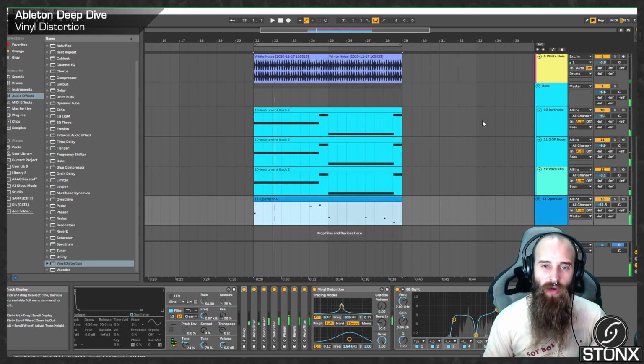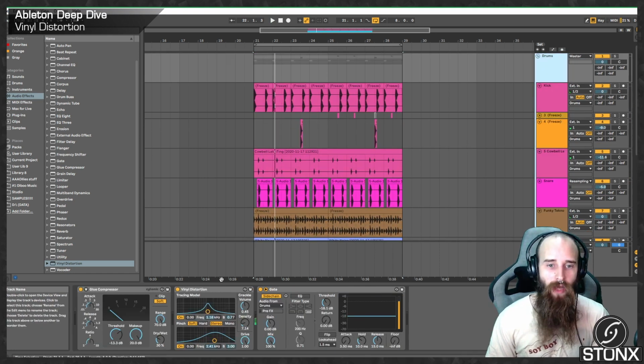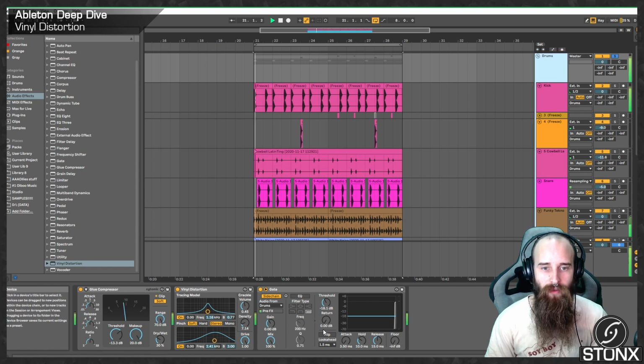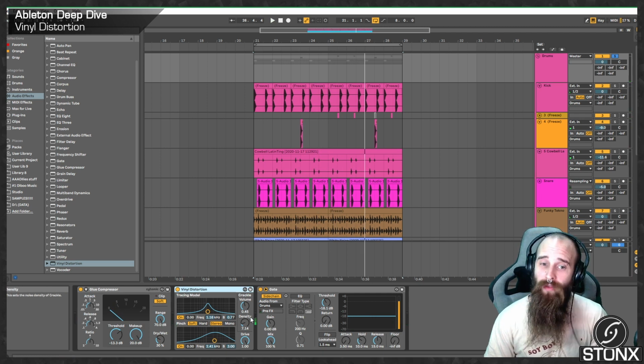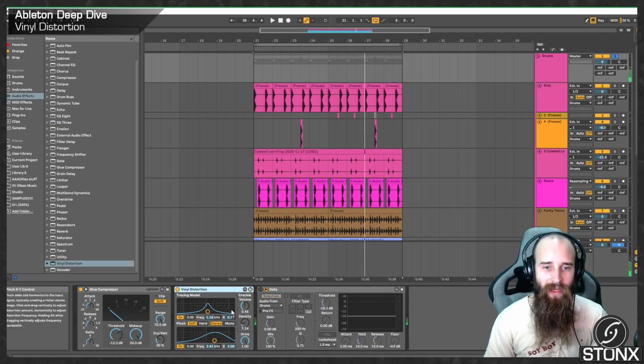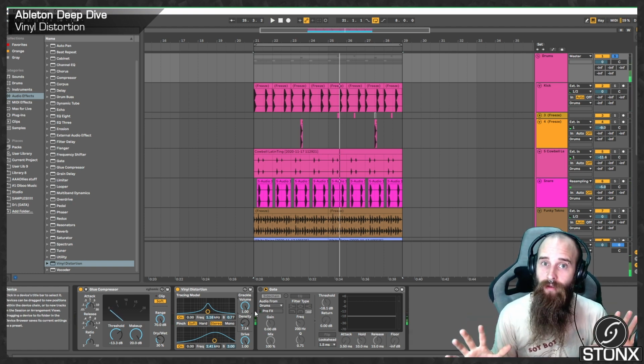So nice crunchy drums, some nice distorted bass as always. Let's jump in and see what we're doing. So up at the top here, let me solo the drums. So what I'm doing here is I have the vinyl distortion with the crackle turned up slightly. So if I turn this gate off, you hear those pops and clicks being added, and when we stop pressing play, all of that background noise is